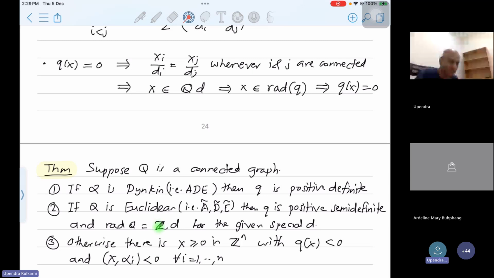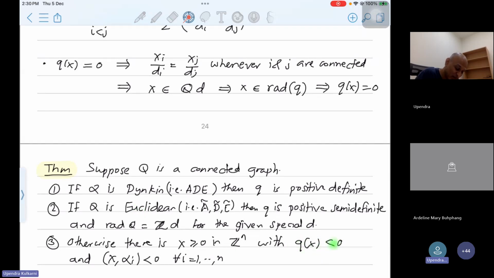Again, notice that I'm not taking rational multiples. I'm taking only integer multiples. And we will see why this is the case. It's a simple matter. Otherwise, if any Q is not Dynkin or Euclidean, we are saying that I will be able to